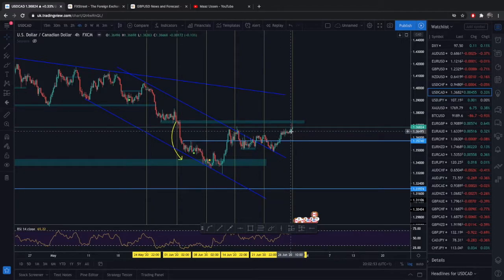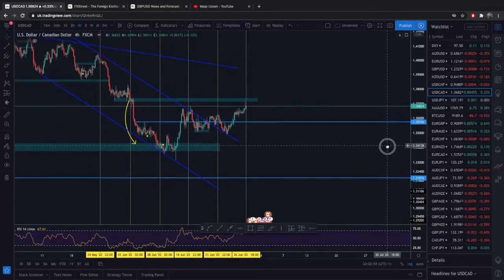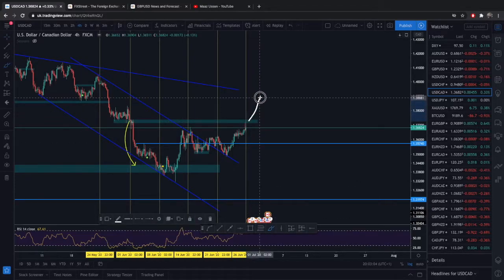Now, with this massive bullish movement for the USD against the Canadian dollar, can we see the Canadian dollar be weak again, and can we see this movement for the USD continue to rise, maybe towards this top trend line? Who knows. However, I think we're going to see some good opportunities to get a good amount of pips in right here. We can maybe see Tuesday come in with a little bit of a sell, maybe towards this line here, and then we can see that breakout of this area going up there once again.